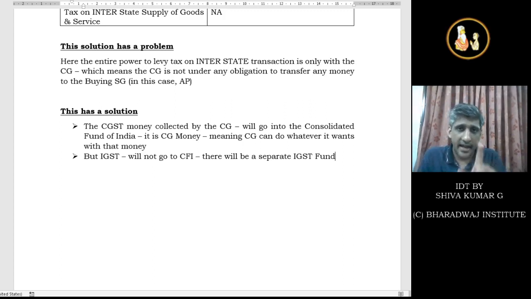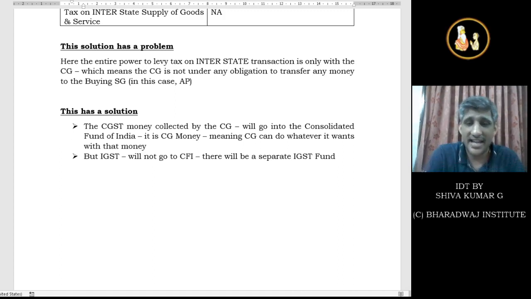Okay, so as I said, any amendment which is against the states can never happen in the constitution because 15 out of 28 states have to agree. But IGST will not go to the Consolidated Fund of India. There will be a separate fund called the IGST fund. Okay. From this fund,